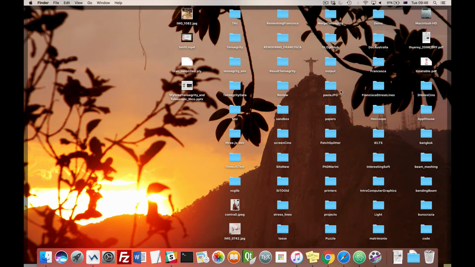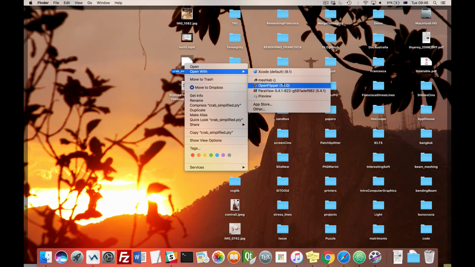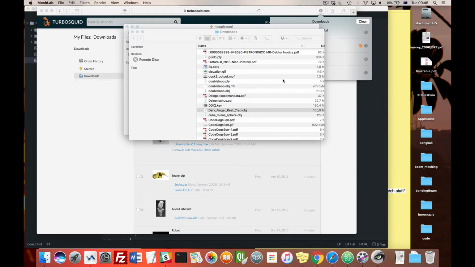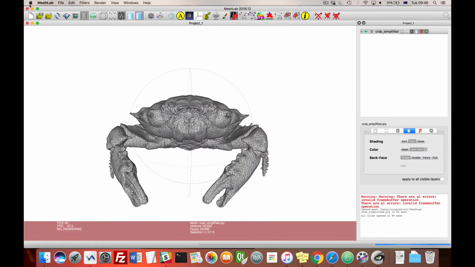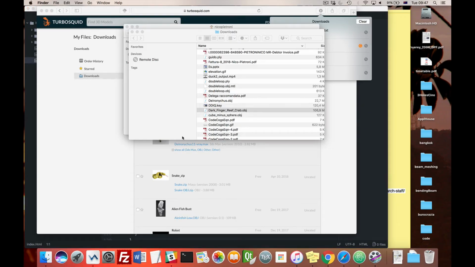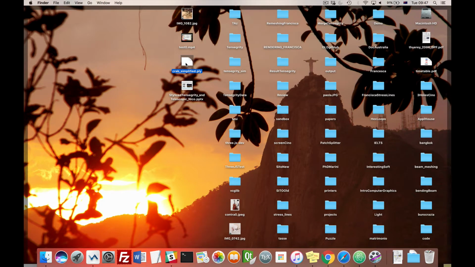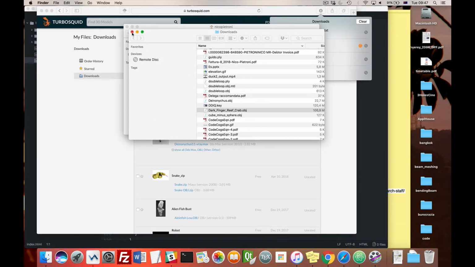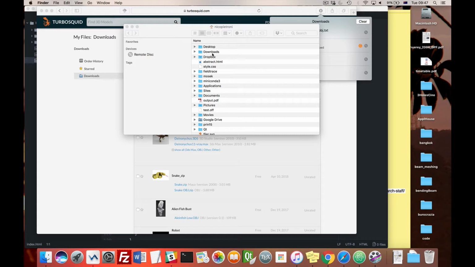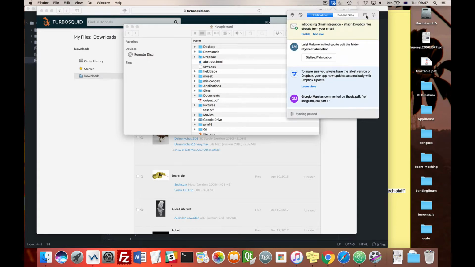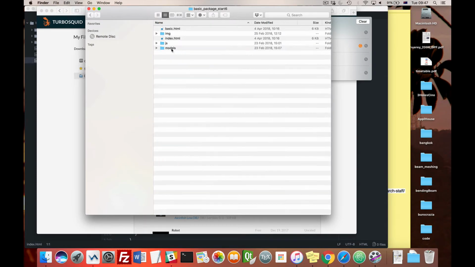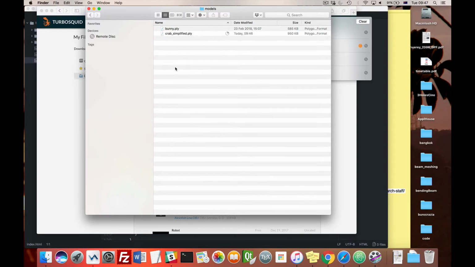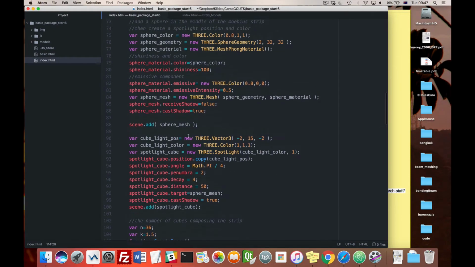I have this mesh here. Let's open it again with MeshLab, and you can see your mesh of the crab. Okay, good. Now let's move this mesh into the project folder. So I have my project folder, this one. I go to models, and let's put the crab simplified there. Okay, good. So now let's try to import this